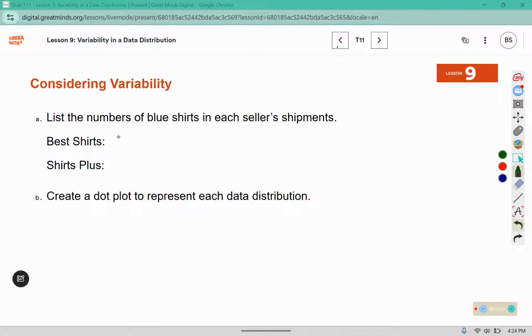So we'll list those out. And then from Shirts Plus,